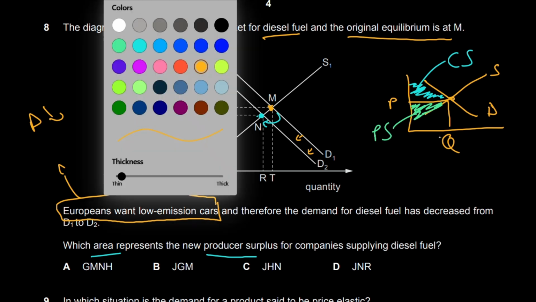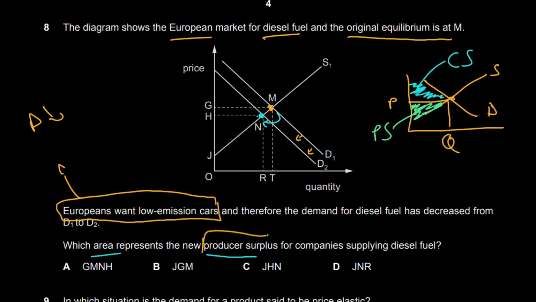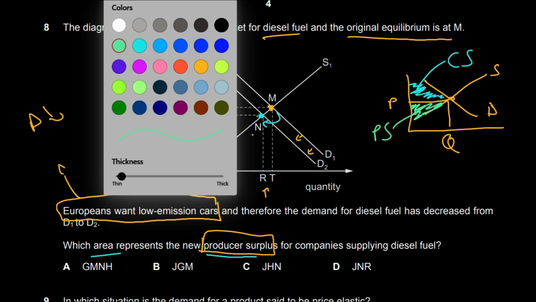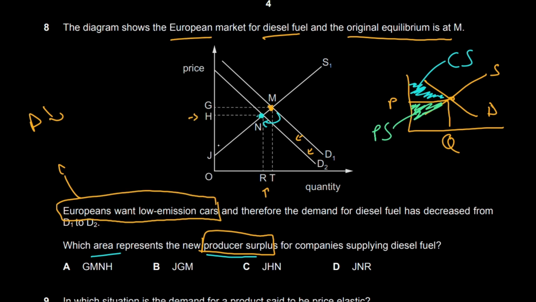So now in this diagram, we have to find out the producer surplus for companies supplying diesel fuel. So first of all, right now we should know that we moved from N to N. So now our price level is basically at H and the quantity supplied is basically at R. So the new area will be, I'll just denote it with a green color. Okay. So as you said, above the supply curve, but below the price and demand curve. So now that our demand curve is this one, while our supply line is basically this one, hence our producer surplus will be this triangle right here.